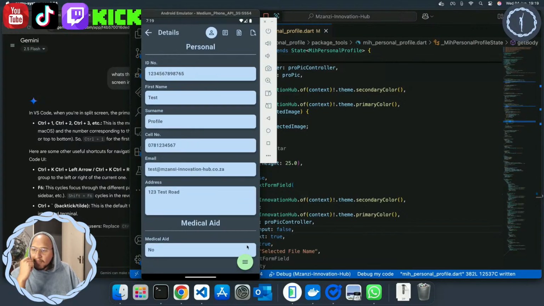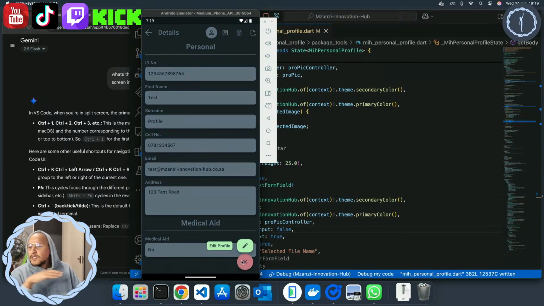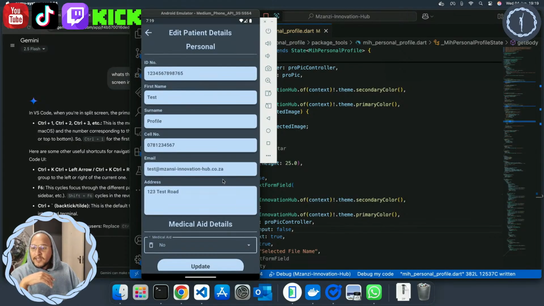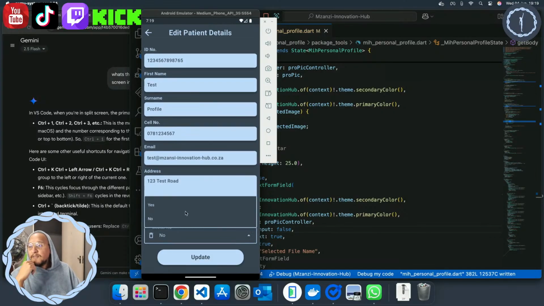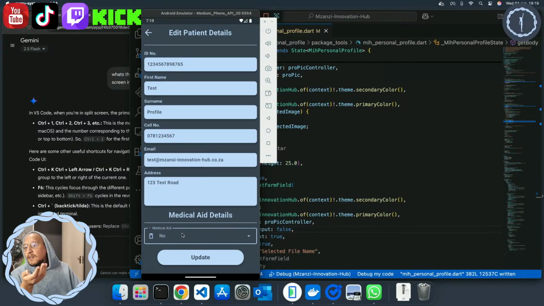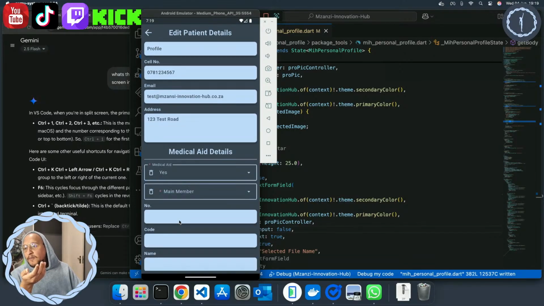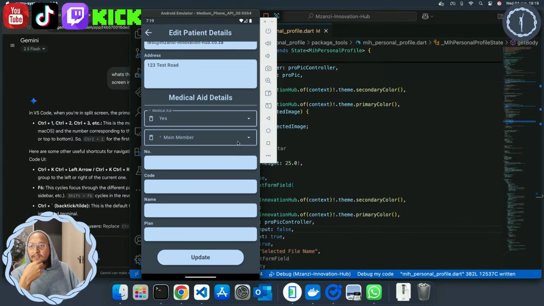Cool. While you're answering that, this is what it looks like here. You'll also see it's throughout MIH. If I click on edit, you'll see that the edit screen also has it. But what you'll notice is, like I mentioned in the beginning of the live, our drop down fields, I need to code a new input field for a drop down specifically. So this drop down is similar to the old one, it still has the same old look and feel. So all the drop downs inside MIH,